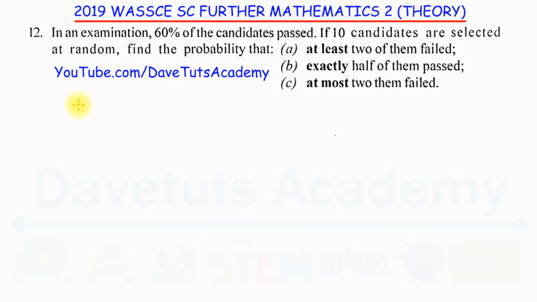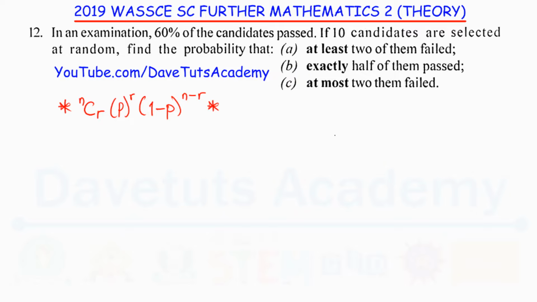So the probability of r successes in these n repeated trials is given as n combination r multiplied by the probability of success raised to power r, multiplied by the probability of failure, which will be 1 minus the probability of success, raised to power n minus r. So this is the formula that can effectively help us to solve this particular question,